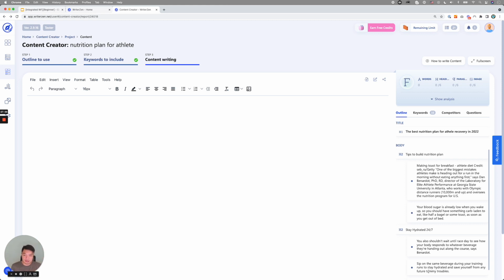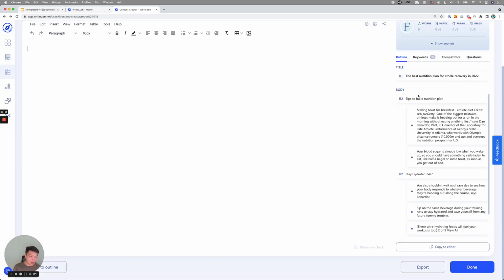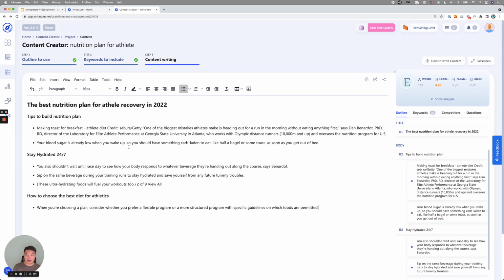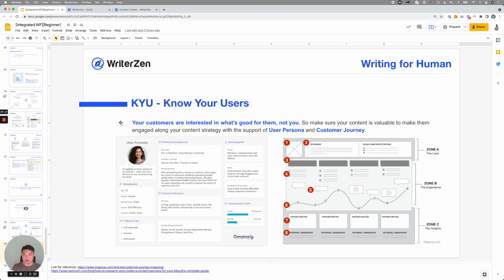Then you get into the last part of the race, which is content writing. This is where you write using the outlines you already built, and you have to make sure you write well and write for your users. So here are some tips for writing for users. First of all, know your users. Your customers are interested in what's good for them, not you, right? So make sure your content is valuable to make them engage, along your content strategy, with a supporting user